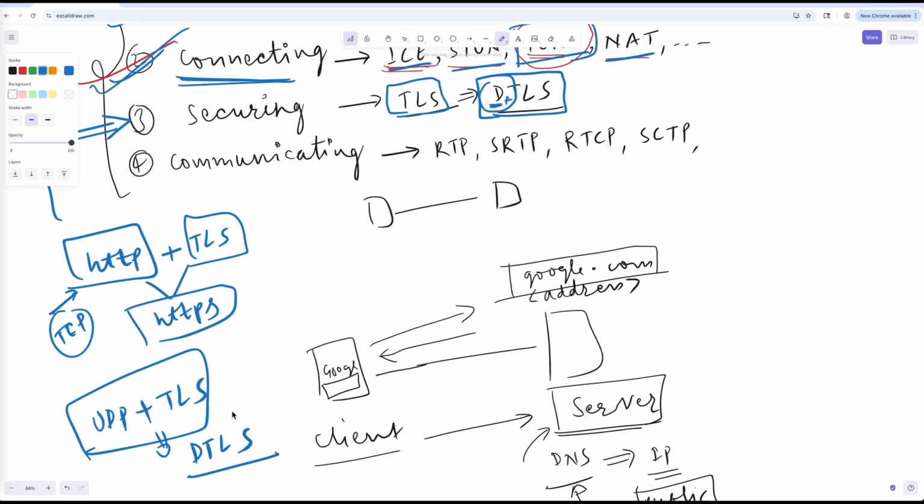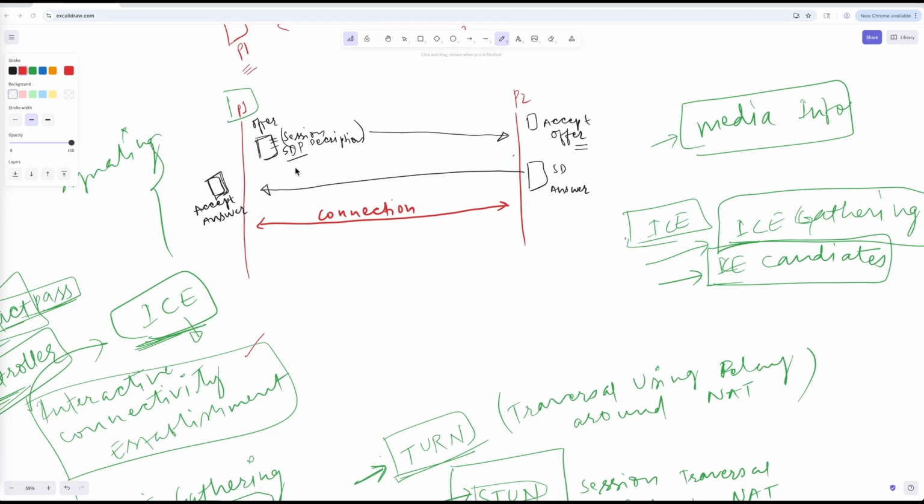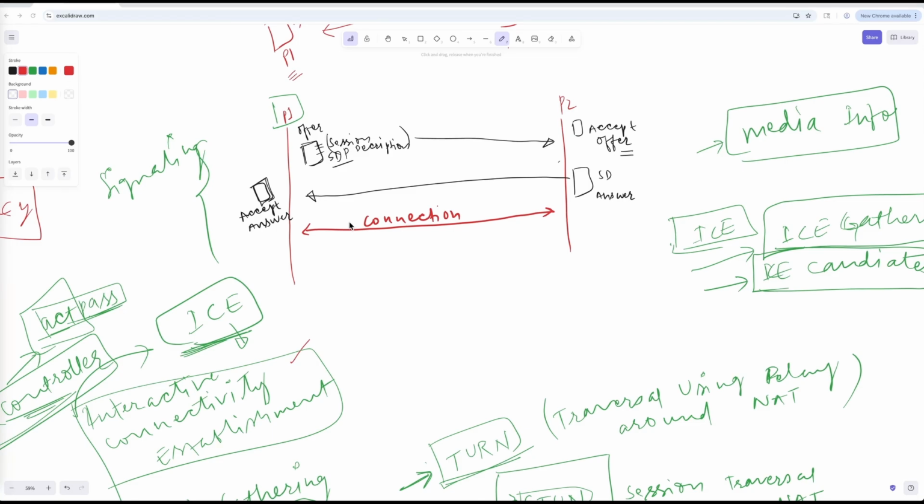Now, what happens in case of WebRTC is, till this point, we have done the signaling with offer and answer, and then we understood the ICE, and using the ICE, the connection is established. After establishing the connection, the securing phase will start. In that securing phase, from the controller side, TLS or DTLS will start the handshake. Because it's TLS, if you understand how TLS works, it does a three-way handshake, and using that handshake,